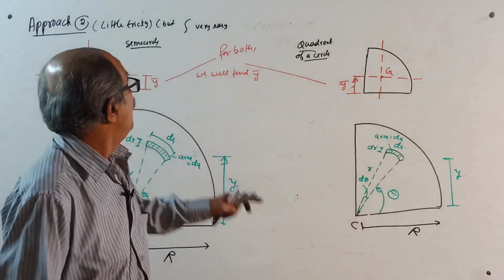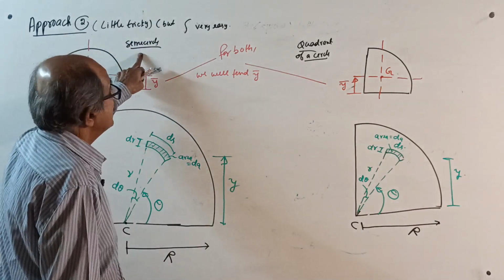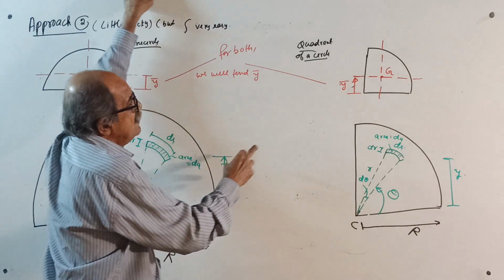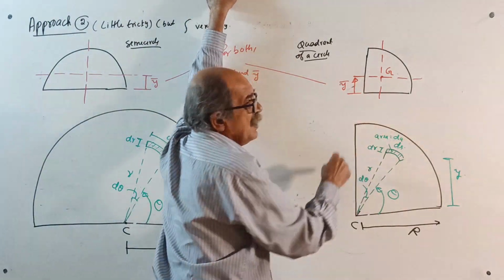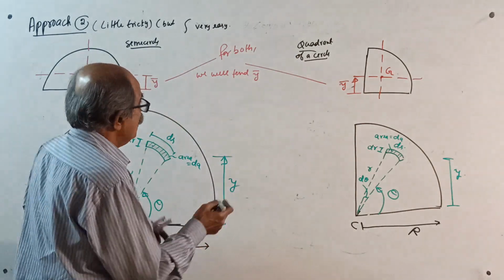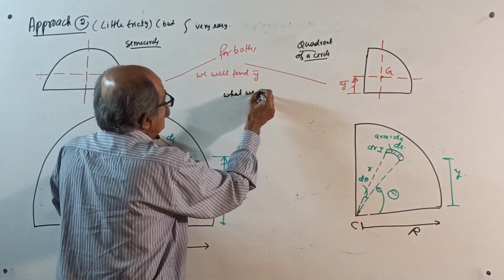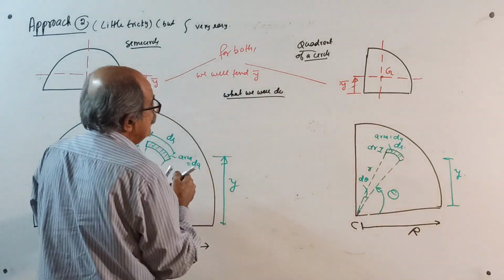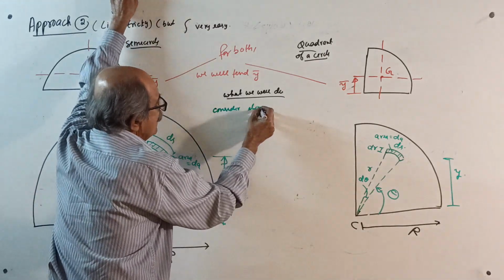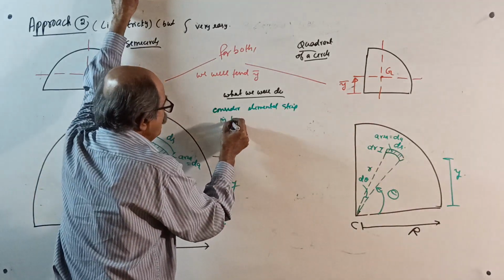Now come to approach 2, a little tricky, but integration very easy. Semicircle and quadrant. First, as usual, this is y bar; x bar is not required. Here x bar equals y bar. Both places we are finding y bar only. But remember, for both of them, we will consider an elemental strip